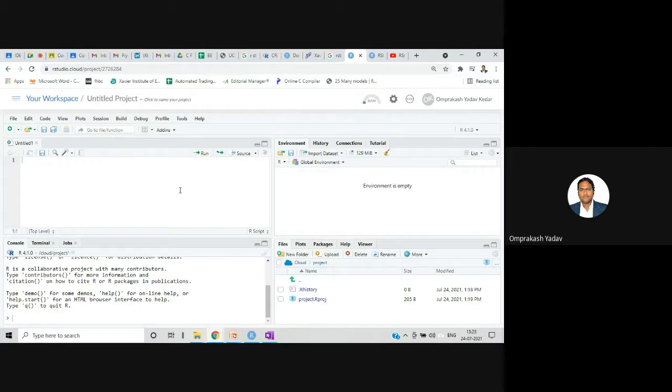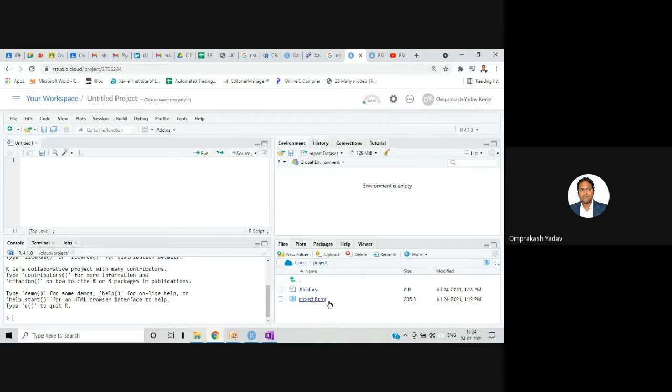Now these 4 quadrants are there. In the first quadrant, this is called your script window, where we can write the code. The second quadrant, the second window, which is over here, is called the environment window or the history window. Mostly here, for example, any variable you will be creating, you'll be storing temporary data, all those variables will be created over here. You can see those things. Once we start with the coding, I'll demonstrate, and anytime a new thing is created, it will be added over here, and it will also maintain the history, right? So this is our second window.